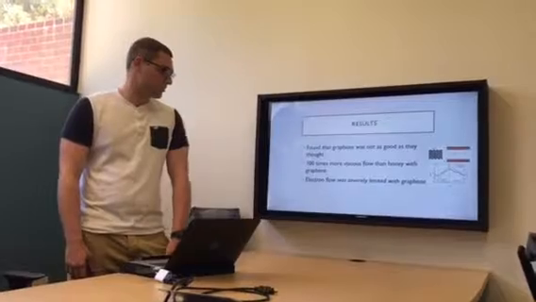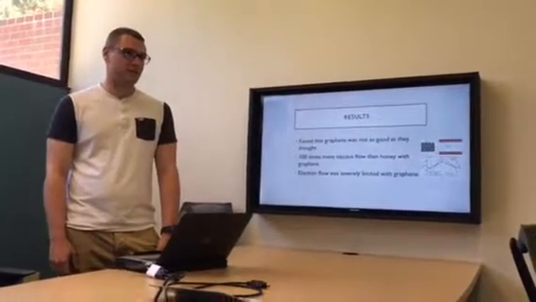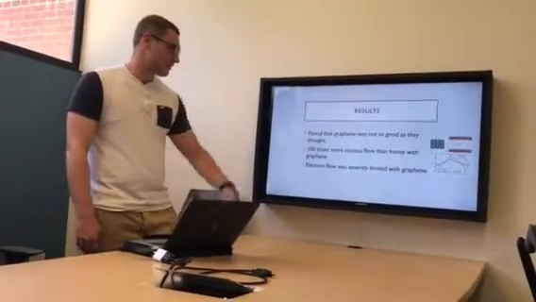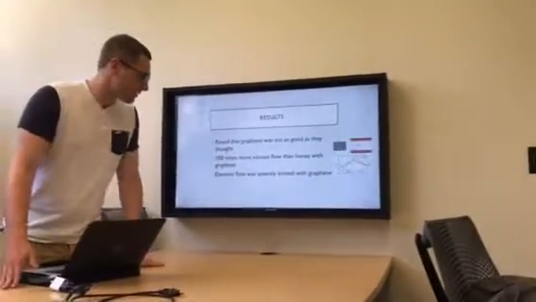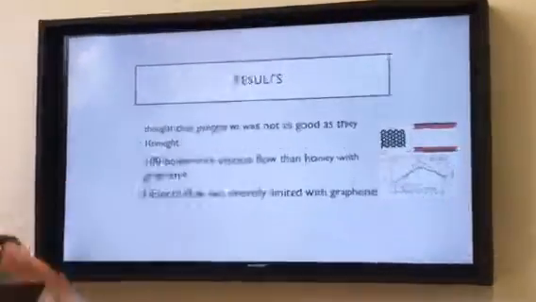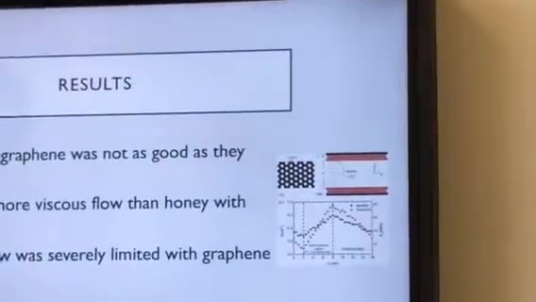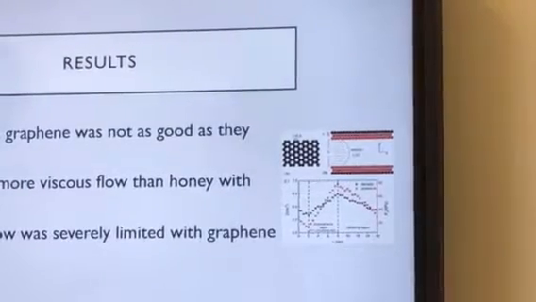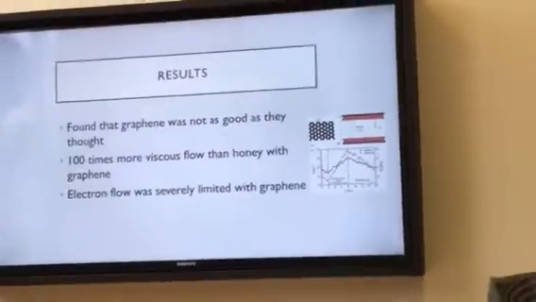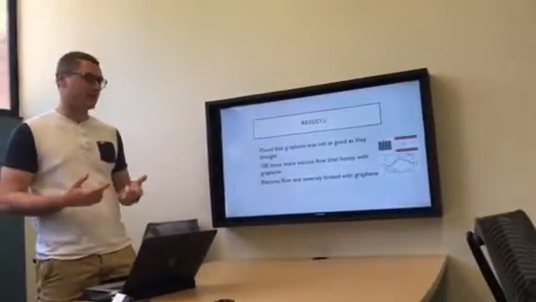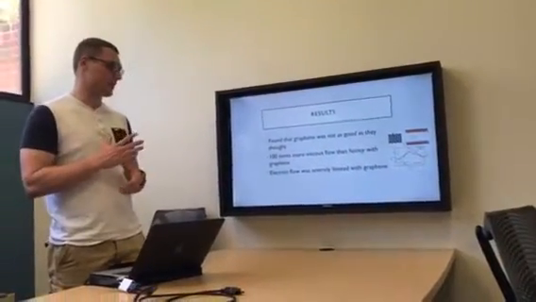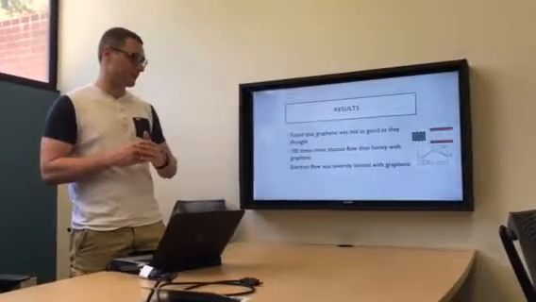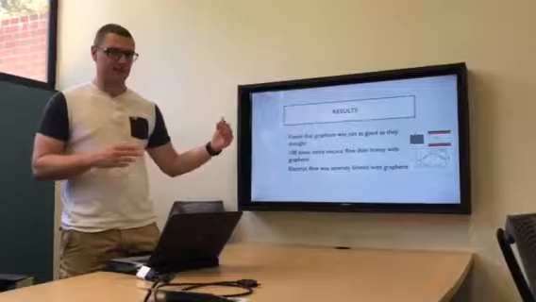So the results were less than promising. So I found one graph that shows like fluid flow of graphene, and it shows that there is a peak at which the flow is the highest, but I found other articles that said that when you're comparing the flow of water through graphene, they thought it was initially going to be very quick,